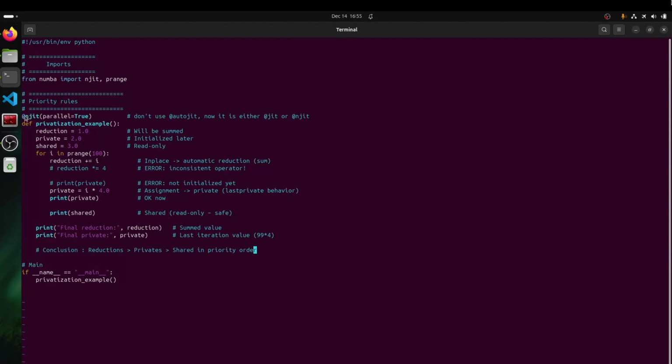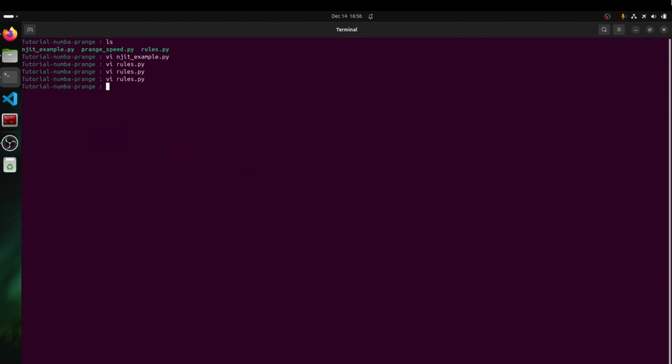And we must not use autojit, it is deprecated. Now it is JIT or NJIT, NJIT if you want, the no Python mode. If we launch this code,